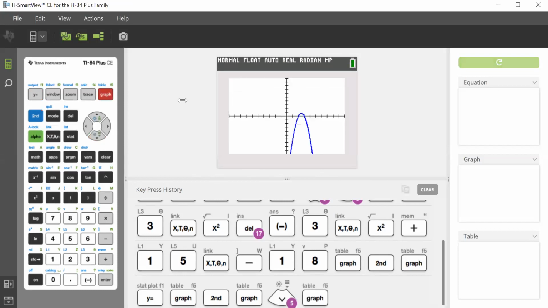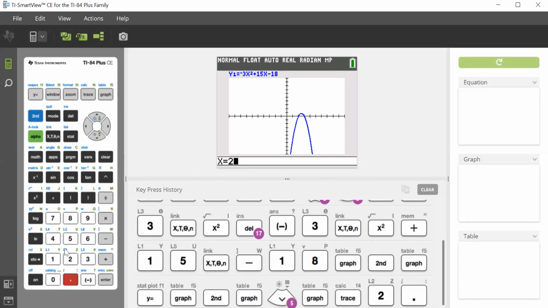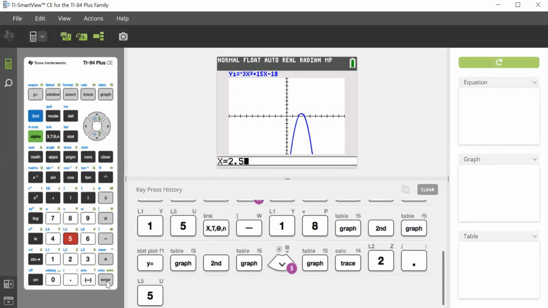But if I go back to graph and I use trace, I can type in 2.5 for my x and hit enter, and it's going to tell me exactly what the y value would be. So it'd be 3/4. So 2.5 would be the x value, and 3/4, which is 75 hundredths if we stayed in decimals, would be the y part of the vertex. If you did the same thing and you went to, let's say, Desmos,